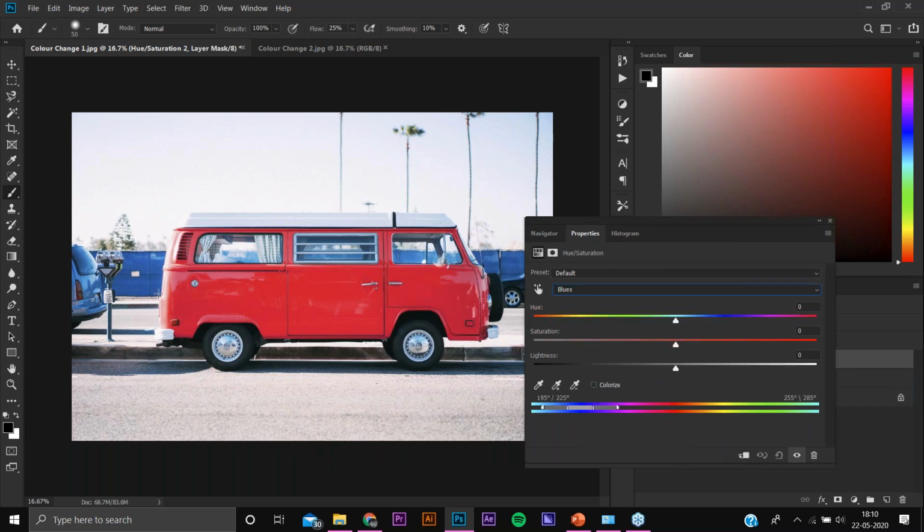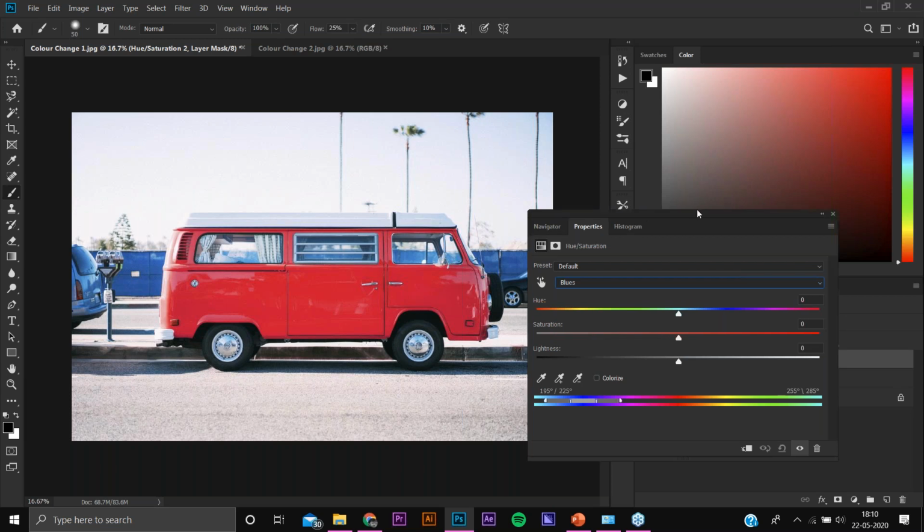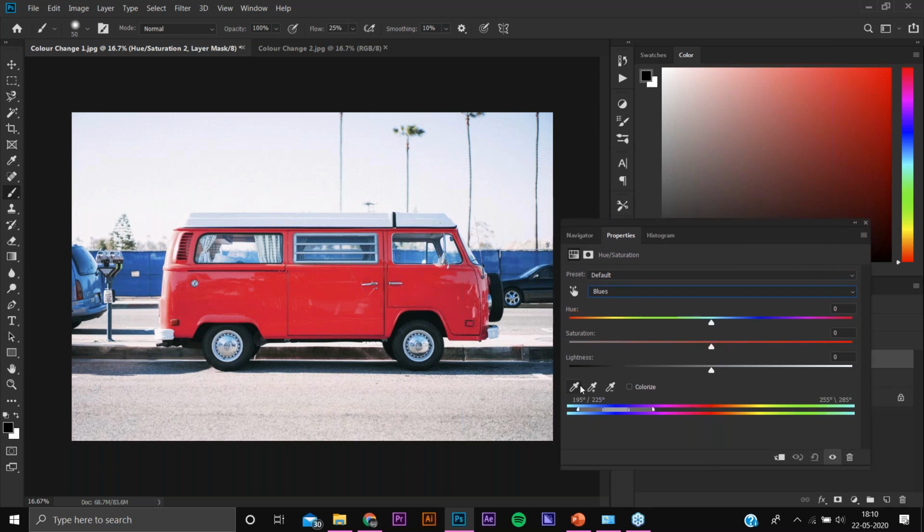We have to change the color of blue because this image is containing more blue. So we will be selecting this eyedropper tool and selecting this blue color, and now changing it. If you will see a few results of it, it has been changed to green. Now I have tried to do it in a little brown, which is not looking at all good.